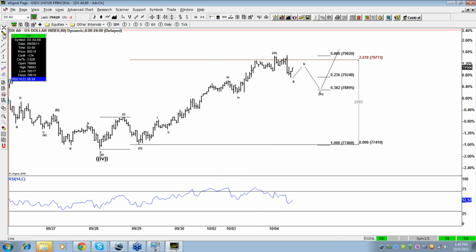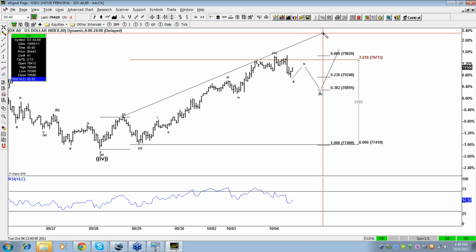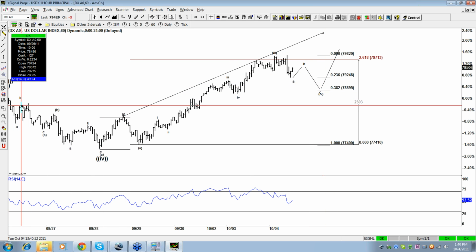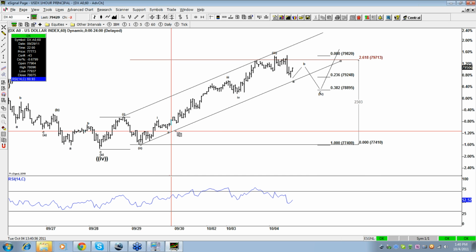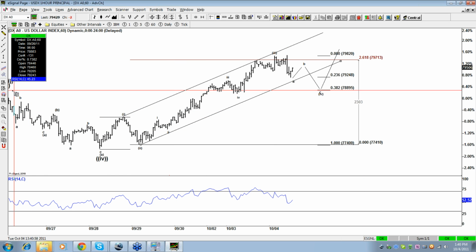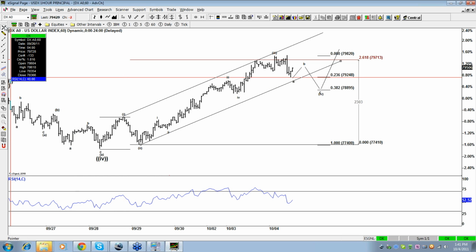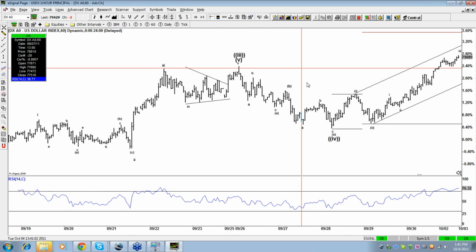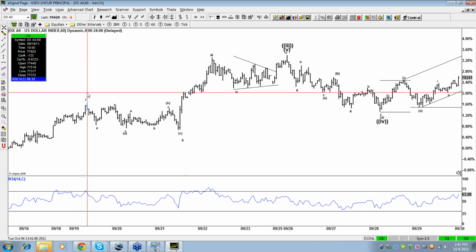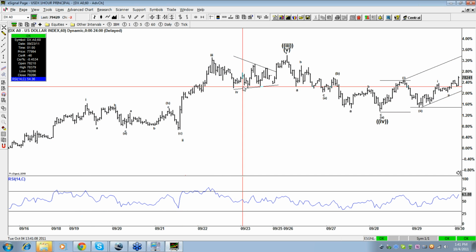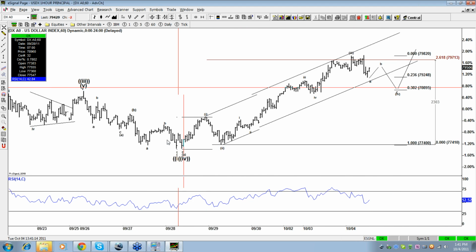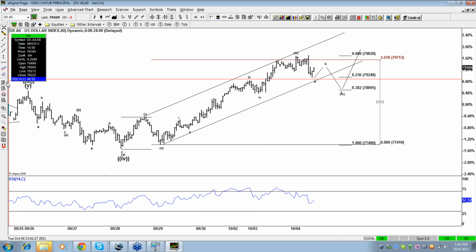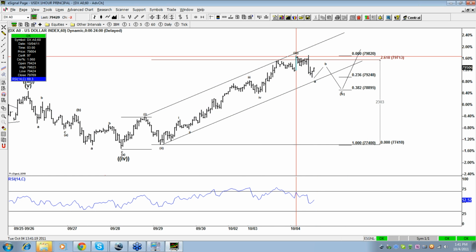I mean, right here, you got a channel. And then what you're expecting is, for the new guys, you should be right here now. Look, 1, 2, 3. We should be coming out most likely here, and you're expecting another move higher. That's where we are right here. So minimum, we're gonna see a move higher in the dollar